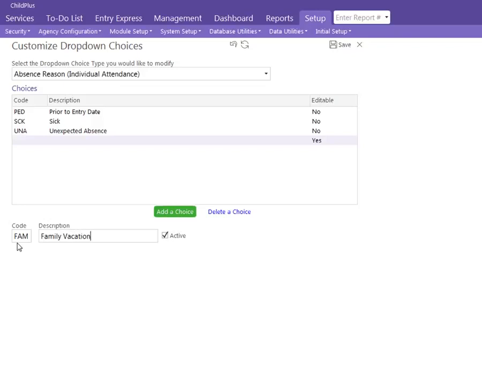That's a reason why children are absent. I'm going to click the green button, add a choice again, and this time I'm going to add a code, and the description is going to be doctor, dentist appointment. So children are absent because they have appointments. You would continue to click on the green button, add a choice, until you've put in all of the absent